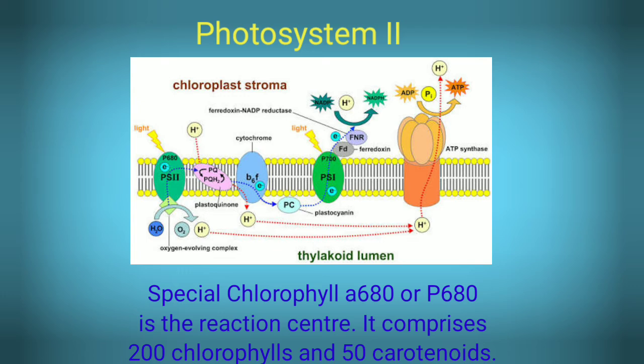PS1 is involved in both the cyclic and the non-cyclic transport chain, so that you will understand well when I discuss the light reaction mechanism, but photosystem 2 is only involved with the non-cyclic electron transport chain. These are complexes made up of chlorophyll molecules inside the